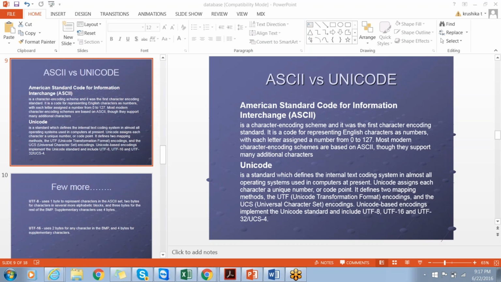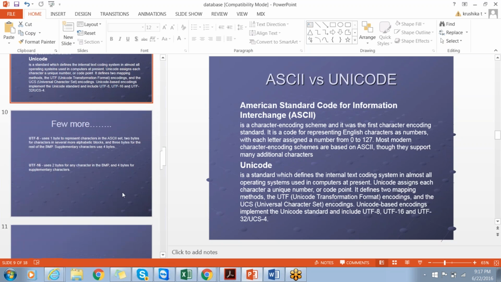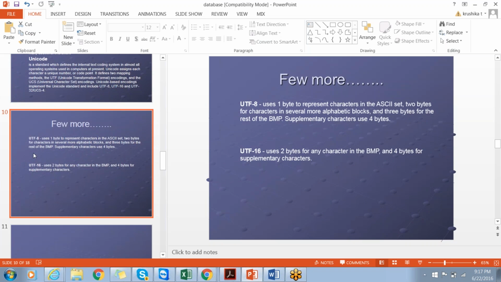Whenever you are trying to use alphabets, you're supposed to use ASCII. What is ASCII? It's a coding standard. Instead of coding standard, what I can say is a character standard. Then the same way you have Unicode, UTF-8 and UTF-16. Normally the XML files will be in this format, UTF-8 and UTF-16. Why? The XML characters are completely different. The way you write alphabets is different from the way you write in XML, because